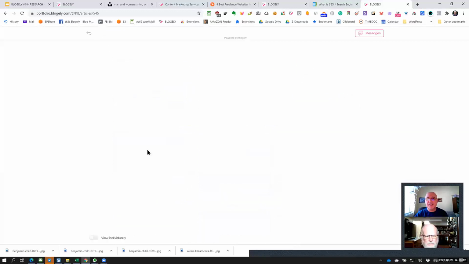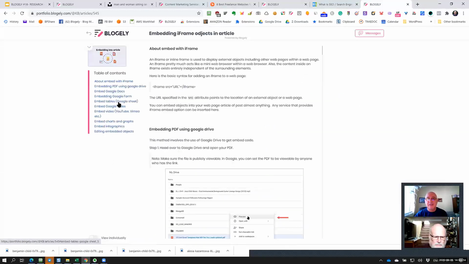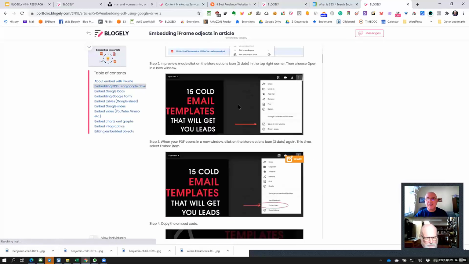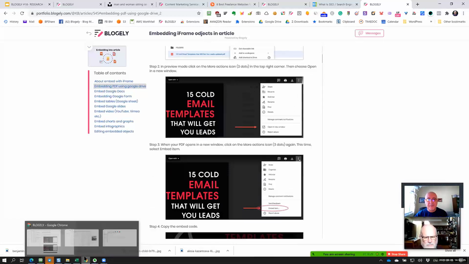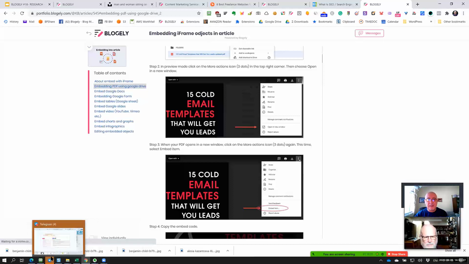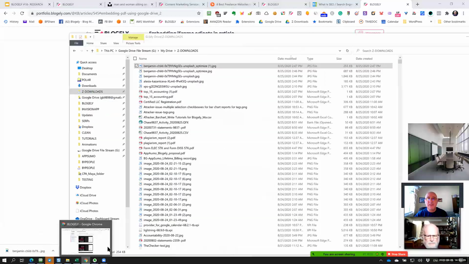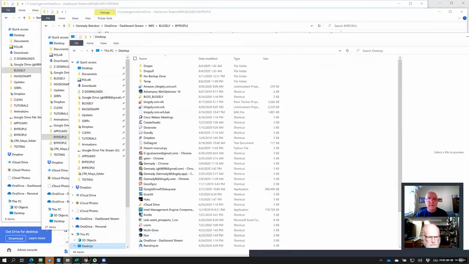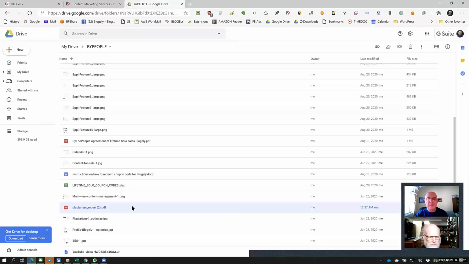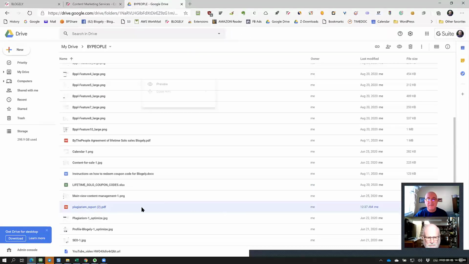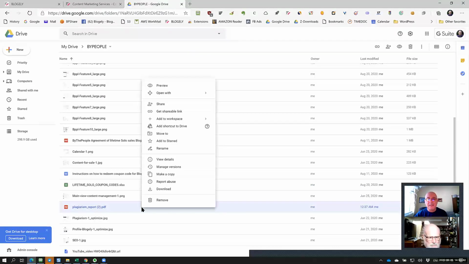Here it is embedded into the article. This is the article on how the PDFs are done. So here's a PDF. You can basically open the same PDF file in, let me just show you quickly. Let's say I go here, where's my drive? Yeah, here's my drive, here's my PDF. All I need to do is